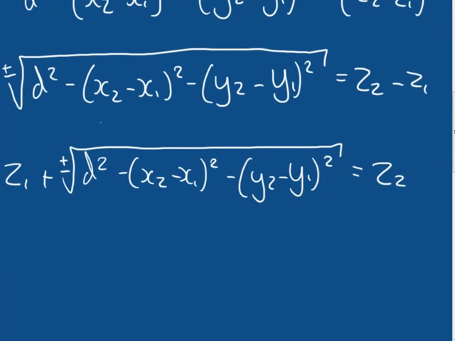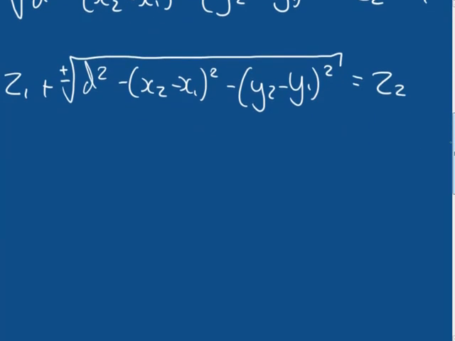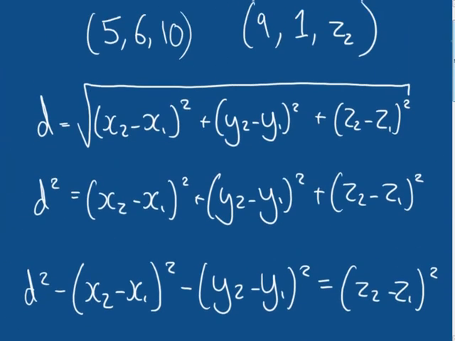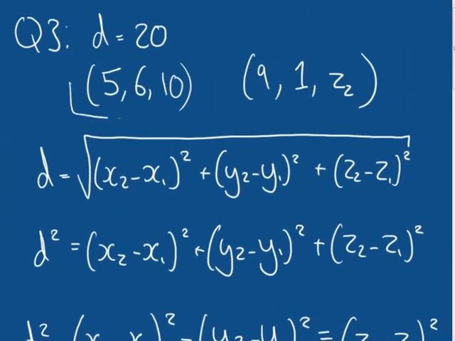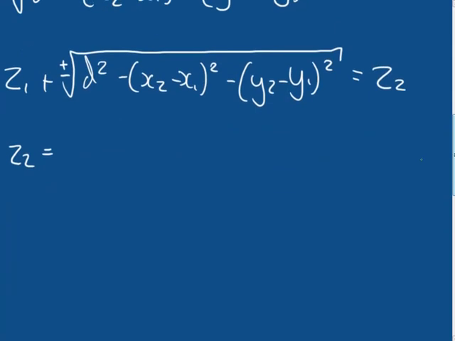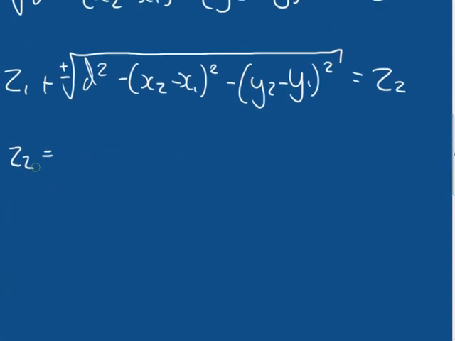The other is going to be z1 minus the root of all of this. So let's work out those two possible values for z2. So z2 is going to be equal to, and we can plug our numbers in now as we start working this out. So we know that z1, and I'm going to actually rewrite these coordinates down here as we start plugging numbers in. So let me erase this. I'm going to rewrite